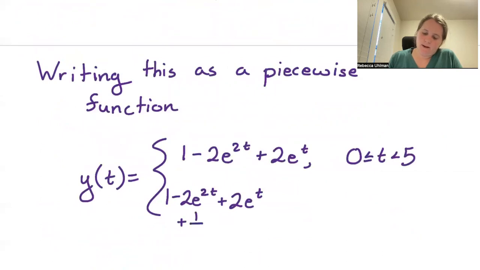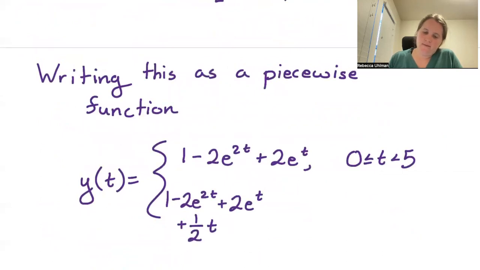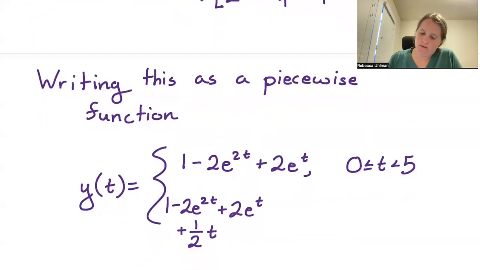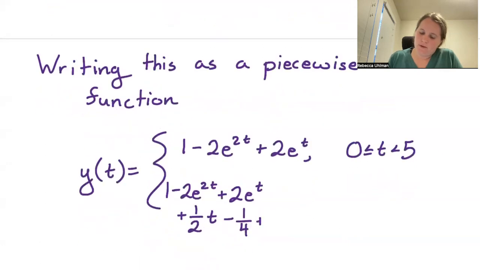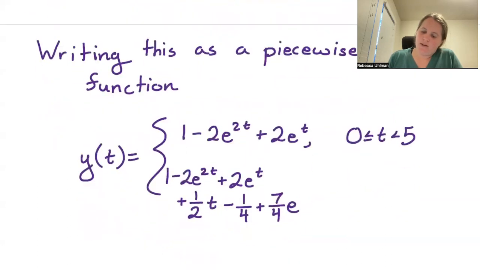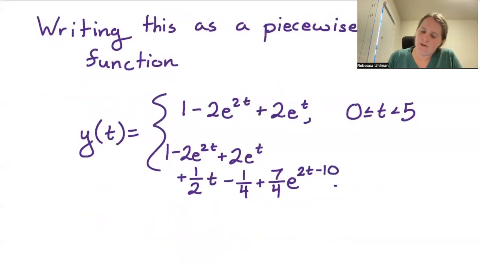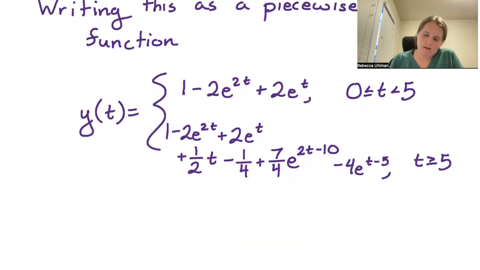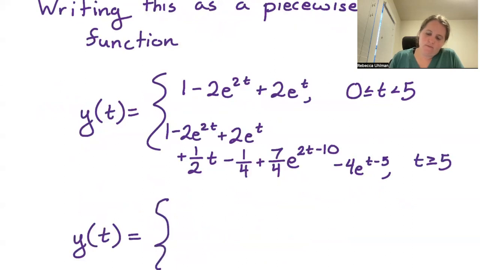plus 1/2 t minus 1/4 plus 7/4 e to the (2t minus 10), and then minus 4 e to the (t minus 5), and this is for t greater than or equal to 5. Combining, or putting that second piece in condensed form, we have y of t is equal to